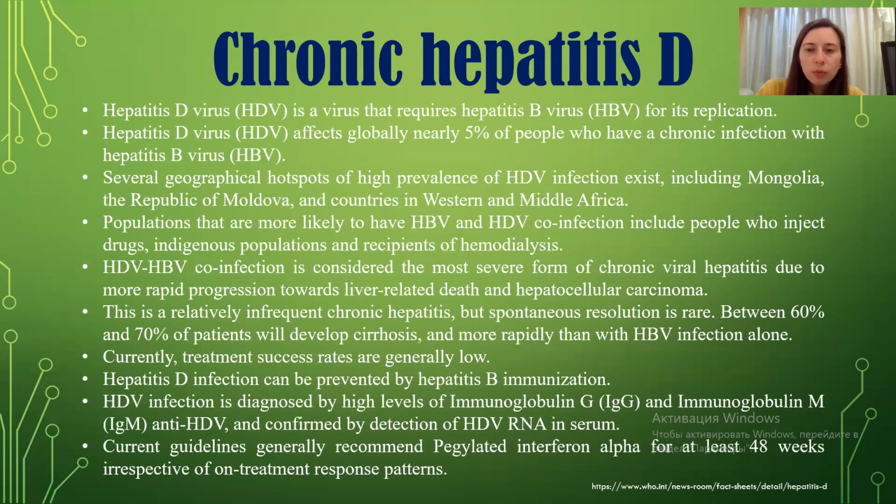And some words about chronic hepatitis D. Hepatitis D virus is a virus that requires hepatitis B virus for its replication. Hepatitis D virus affects globally nearly 5% of people who have a chronic infection with hepatitis B virus. Several rare geographic national